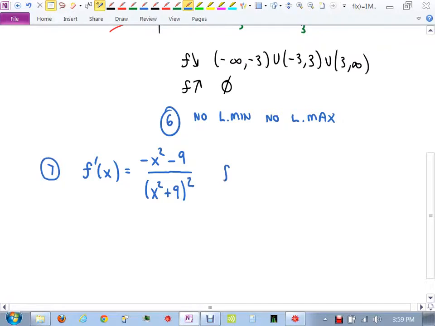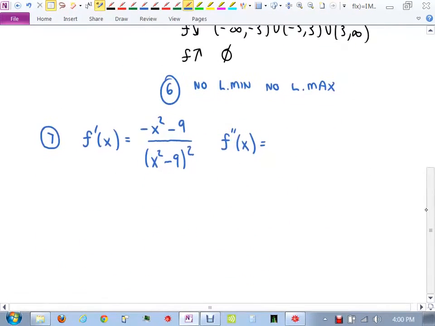The second derivative, using the quotient rule, is negative 2x times x squared minus 9 squared